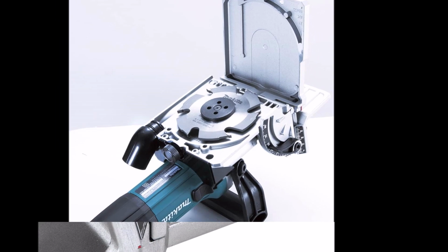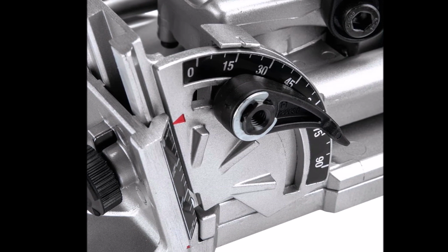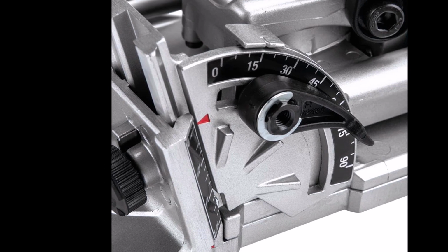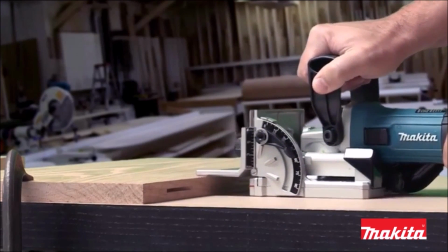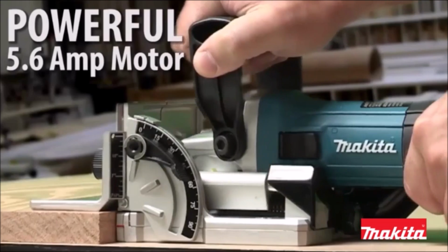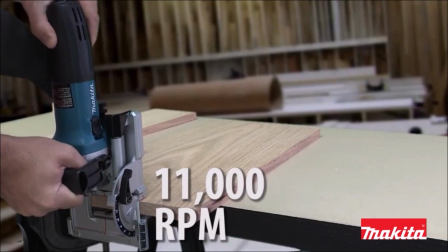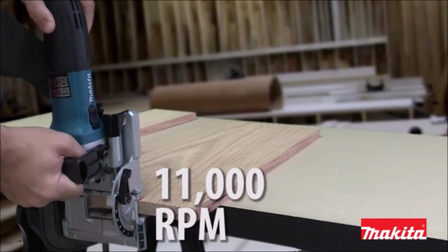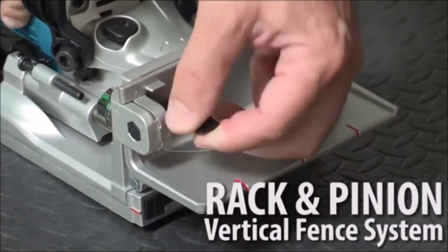One of the standout features of this plate joiner is its cast aluminum pivot fence, which offers 3 positive stops at 0 degrees, 45 degrees, and 90 degrees. This allows for effortless angle adjustments, ensuring that your cuts are always accurate and consistent. Additionally, the large and easy-to-operate cam locks make angle guide and fence adjustments a breeze, saving you time and frustration